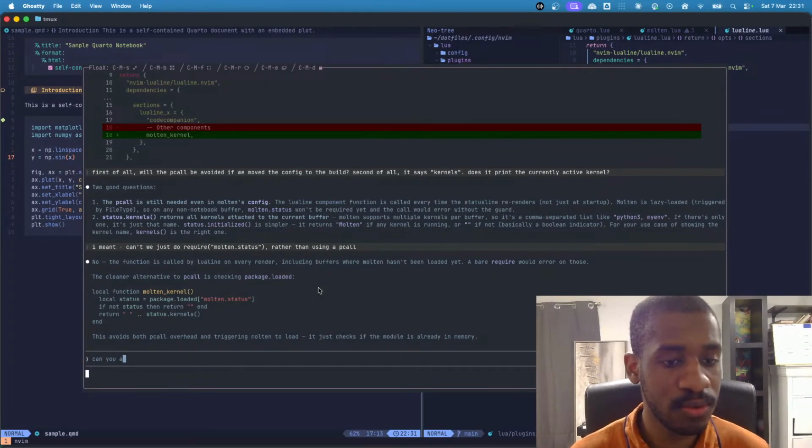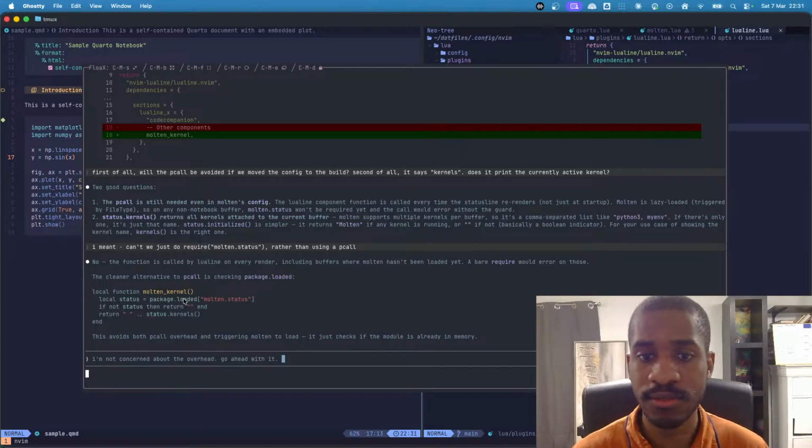Can you associate the buffers where molten hasn't been loaded yet, but that doesn't require doing the loading? Checking package loaded. I'm not concerned about the overhead. Go ahead with it. And the second question,